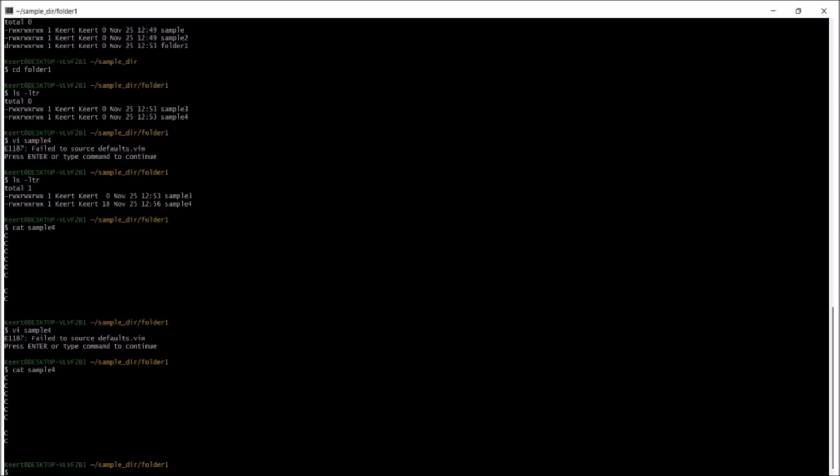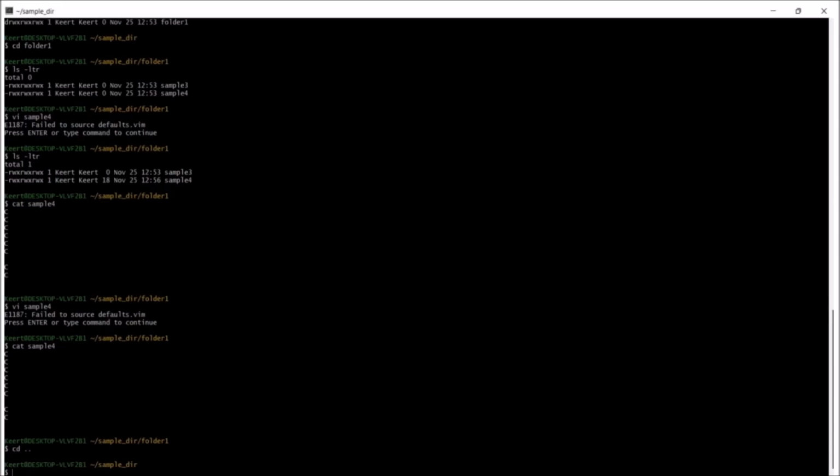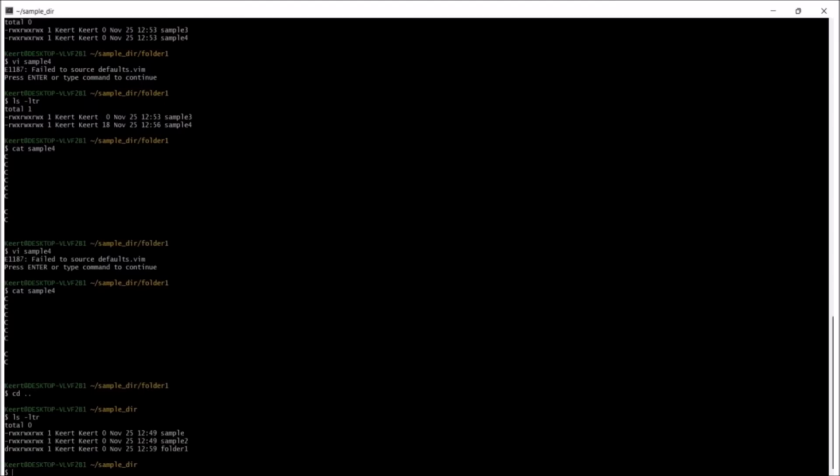And now what I need to show you is, now I'm going out from this folder. cd dot dot is the command to come out one step of the folder. Now I'm giving ls -ltr. So here my requirement is to show only the folders, not the remaining files. So how will you list that? So ls -ltr,